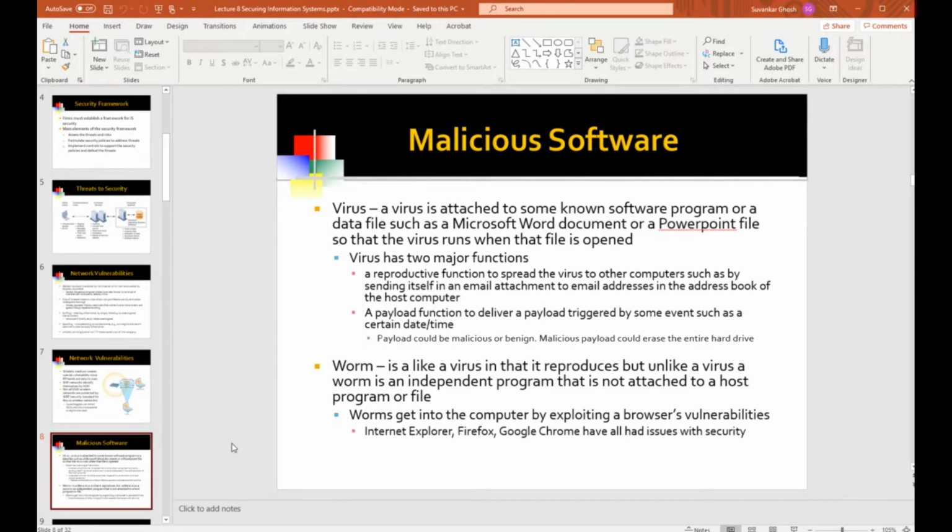Now, the difference between the virus and the worm is that the virus is a piece of software that is parasitic, and that's why it gets the term virus. It's a parasite, which hides in a known file type. So the virus hides in an Excel file or a PowerPoint file or even a Word document. Now you may ask, how does it do that?